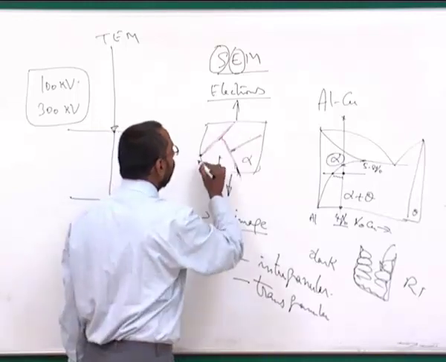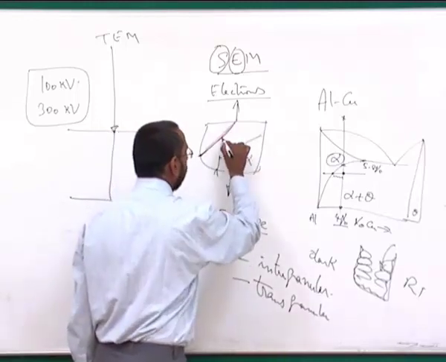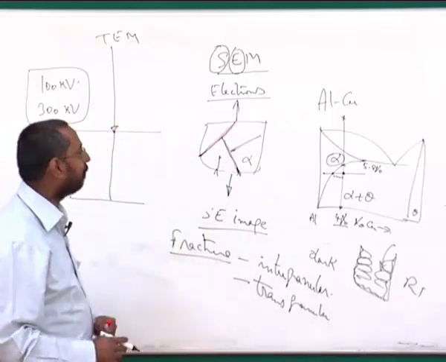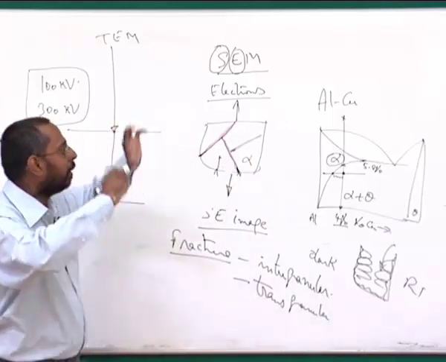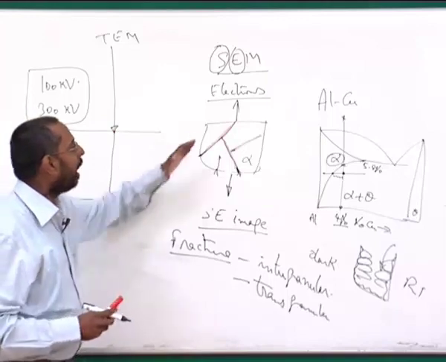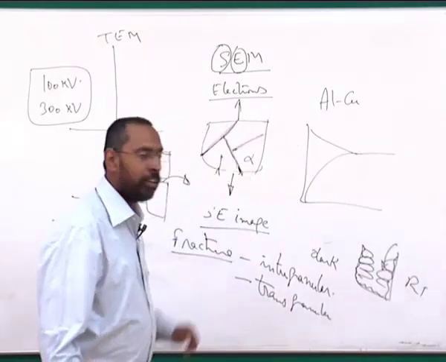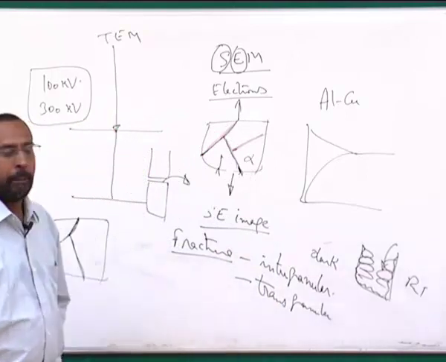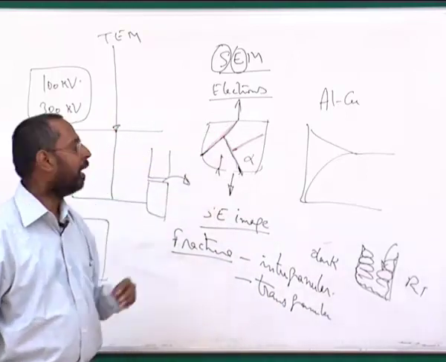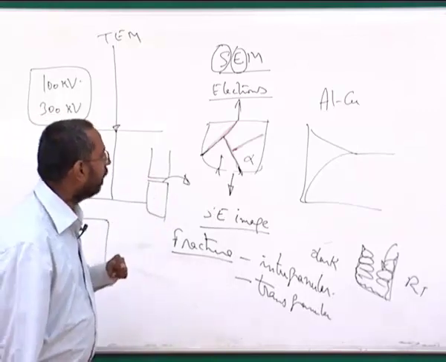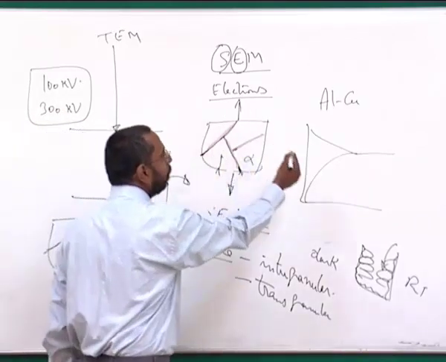And hence you will see that the material just separates out at the grain boundaries, as if the whole material is being pulled out at the grain boundary. So we were talking about intergranular fracture, which can happen because of the presence of a brittle material at the grain boundary. For example, in an aluminum copper alloy, we just now said that if you have an aluminum copper alloy